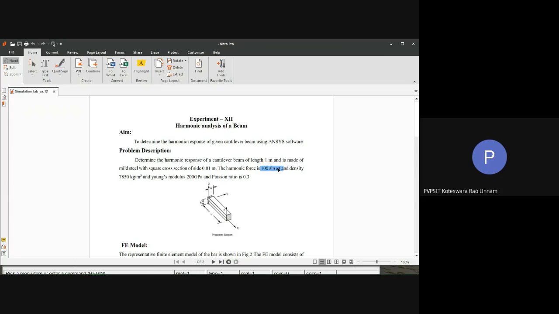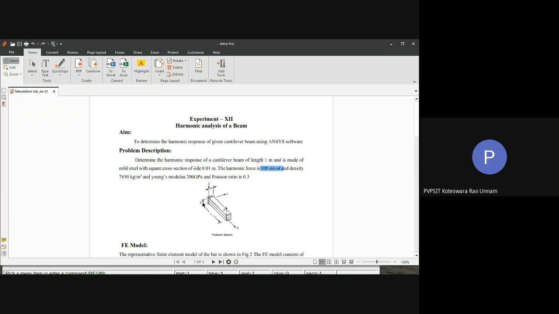By changing the omega value, I'll get different r values. At different r values, what is going to be the amplitude? Like that, we can calculate. You can use the analytical formula to find that. But to do that, first you should know the natural frequencies also.